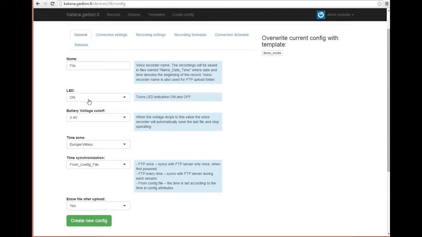Then you can turn the LEDs off and on. Battery voltage cutoff is used to save the voice recorder from accidentally turning off. When the voltage drops too low, so we put 3.4, and when it gets to this position, it will just turn everything off. The time zone,